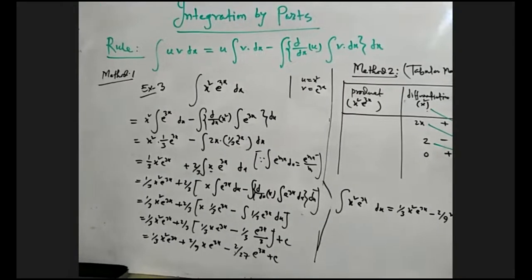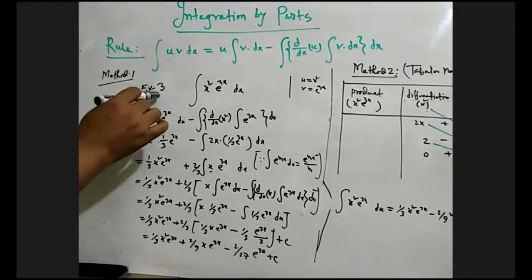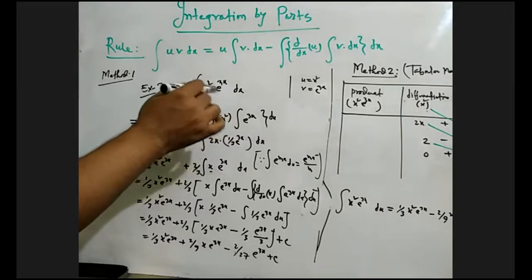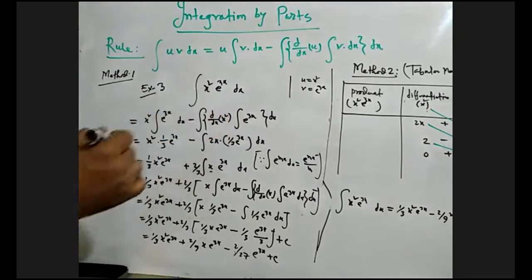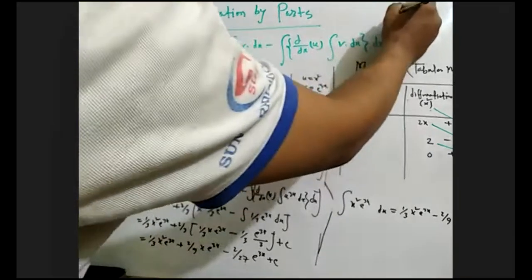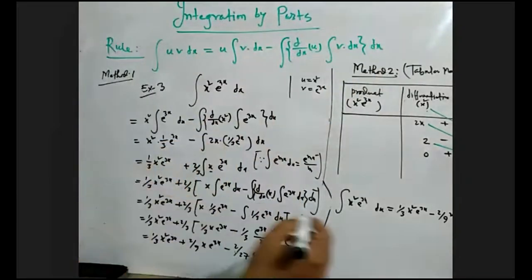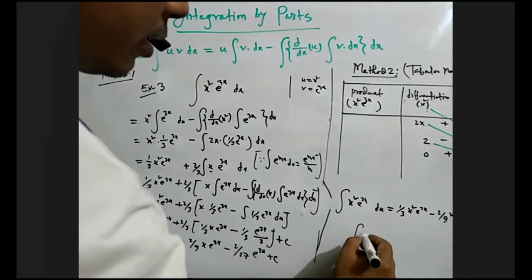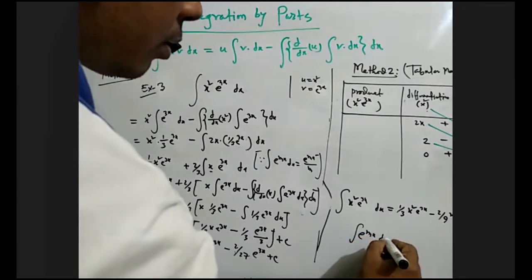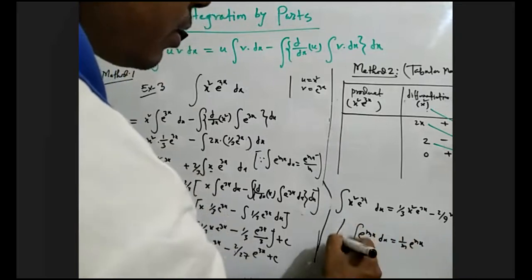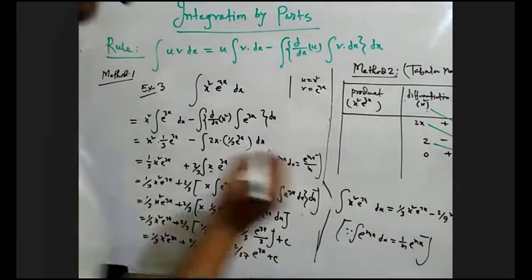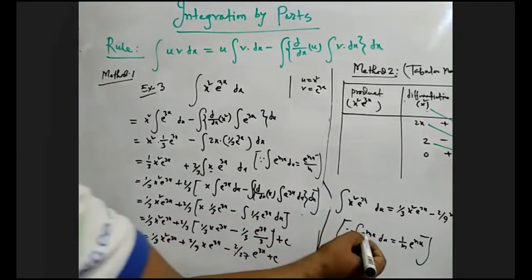Now another example, an example using integration by parts, UV process. First method, suppose x square e to the power thrice x dx. This is an example where you have to substitute u equals to x square and v equals to what? E to the power thrice x. But remember this, we have a formula of integration like this: in integration formula, e to the power mx integration what? 1 by m e to the power mx. This is the result. Okay, this is the formula for integration of e to the power mx.